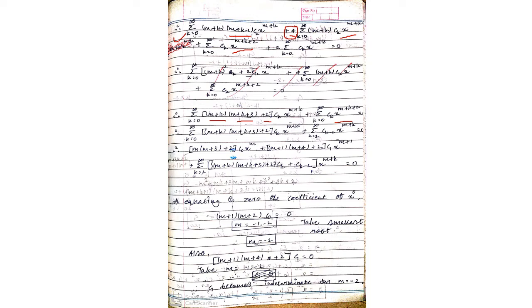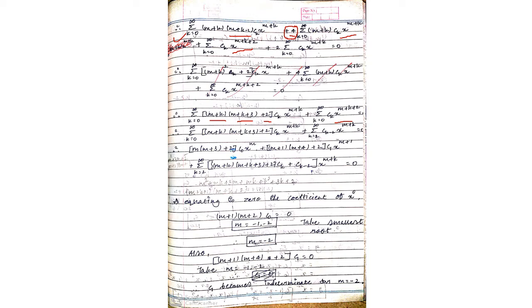So see, the first term has x to the m plus k and the second term has x to the m plus k plus 2, right? So you have to do the changes in the last term, and make it m plus k power only. For this conversion, you have to apply a change for the k term. So applying k equals to 2. First term keeping as it is, and in the second term I'm putting k equals to 2, that is k minus 2 equals to 0, so k equals to 2 to infinity.